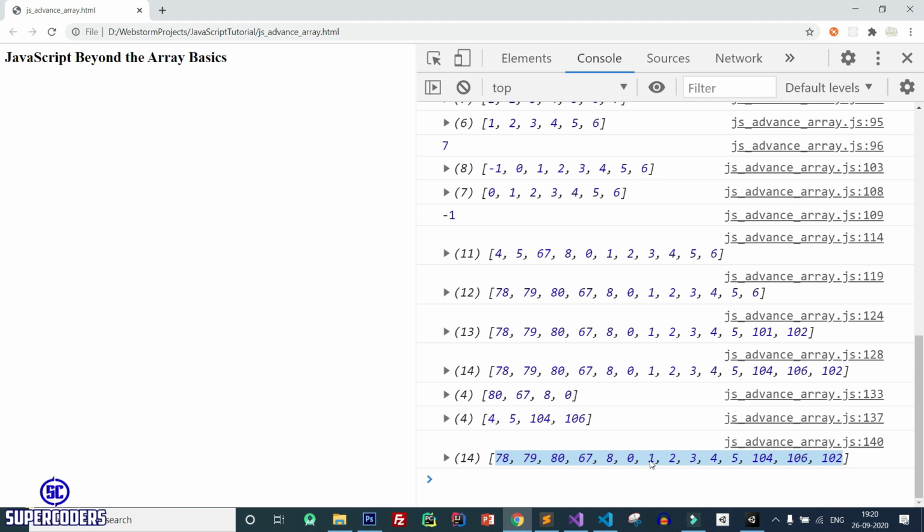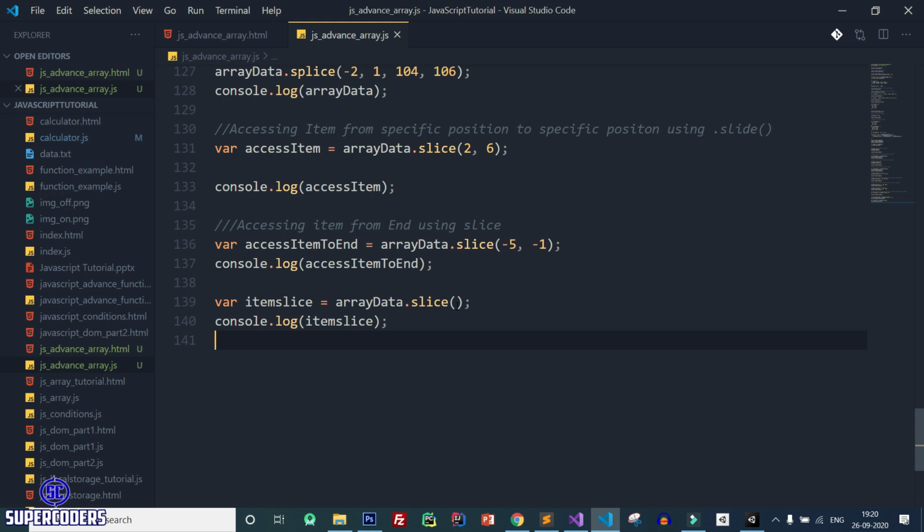So you can use the slice method to copy the data from one array to another. Here you can see my first array is this data, and I copy this data to the next array using the dot slice method. So if you don't pass any argument in the slice method, you can access the complete value of the array. So here if you see the array, it's just a copy of the array, not just a reference of the array. So here is the confusion: what is a copy and what is a pointer or a reference. So let's see what the difference is between both.